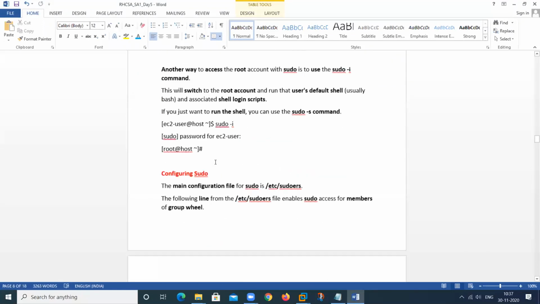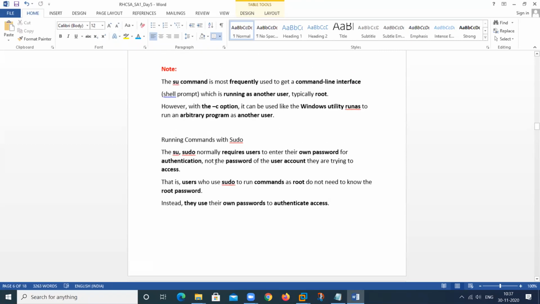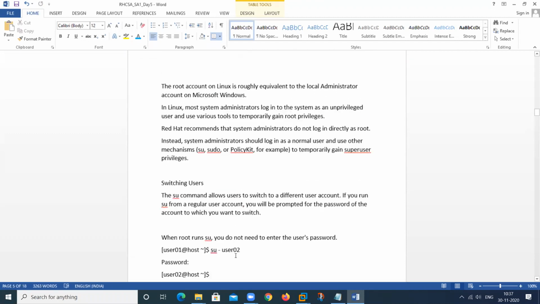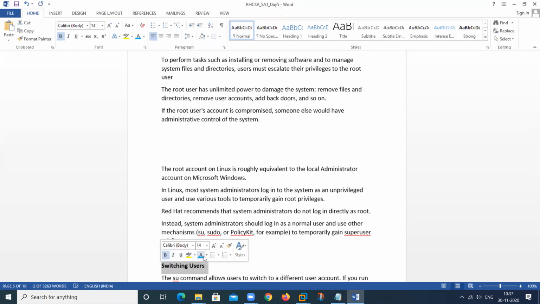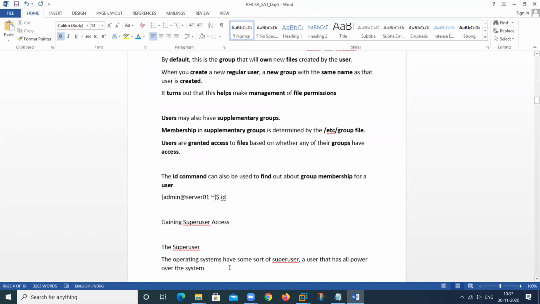Yes, one thing I have to ask: while we delete a system account or regular account, does the number which was provided also get deleted? No, not deleted. It is removed from that particular account, so it will be free. Then it can be allocated, and we can use it for another user. So the system has a pool. From that pool, if a number is free, it will be assigned to any user.